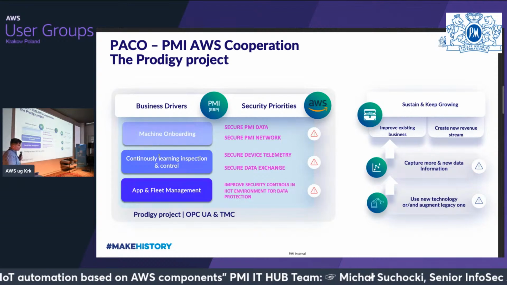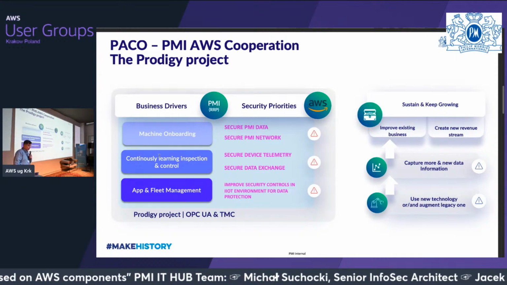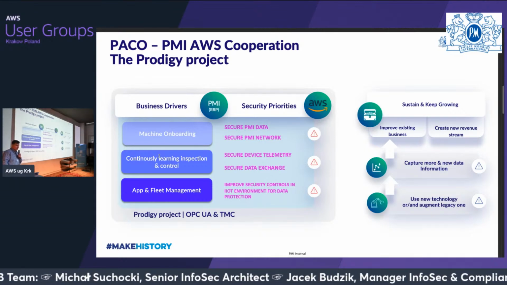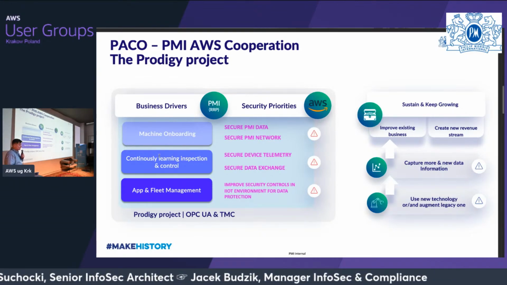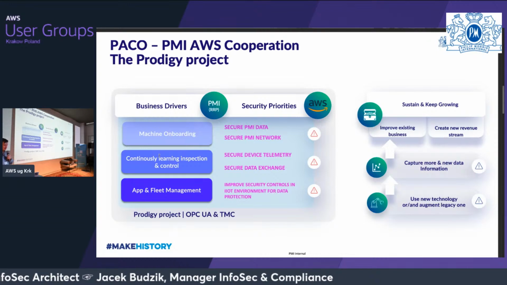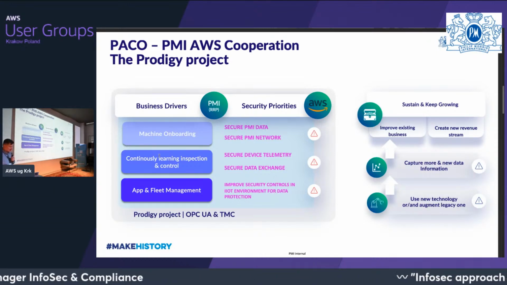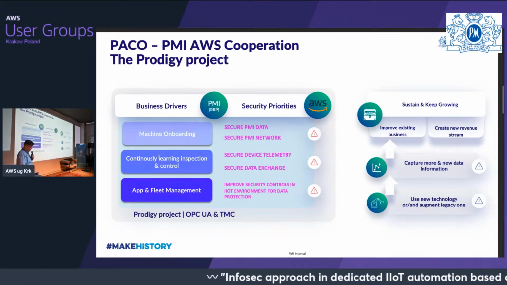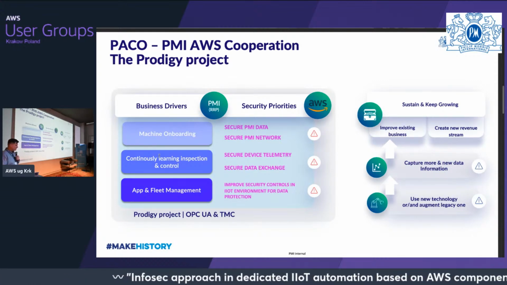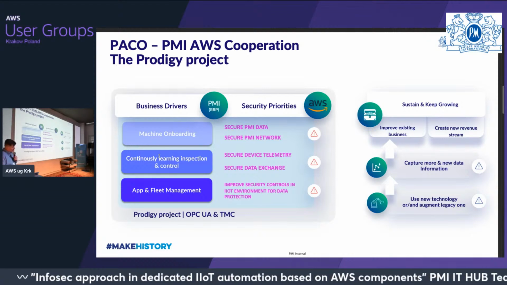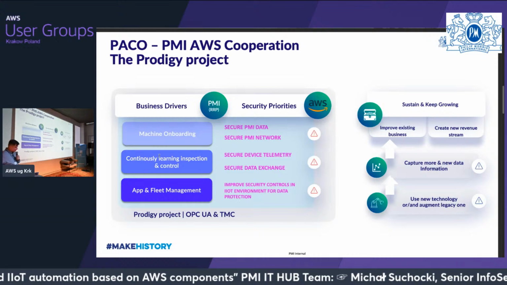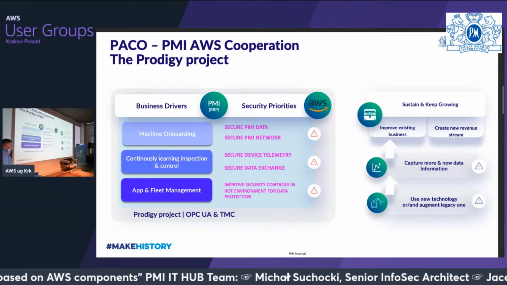And also what is crucial, this project covers things like OPC UA. It's a dedicated, secure communication protocol for industry, together with the so-called TMC, tobacco machine communication. Maybe for you it's a new buzzword, but there is a dedicated communication protocol in tobacco. It was set up by four big tobacco players. One of them is, of course, PMI, but there is also British American Tobacco, Japanese, and the fourth one, sorry, I don't recall right now, but it's also a big player.